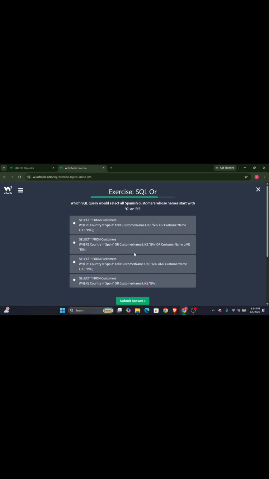Which SQL query would select all Spanish customers whose name starts with G or R? Select star from customer where country is Spanish, and